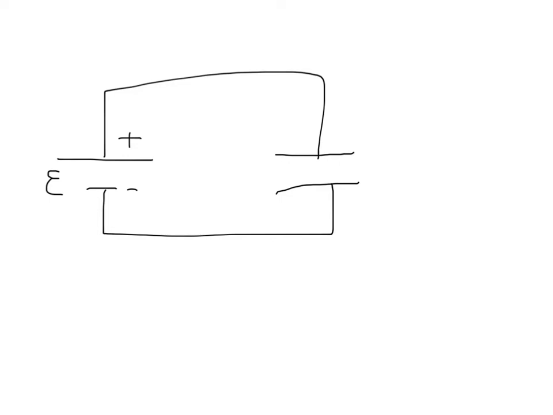In previous discussions, we talked about what happens when you have a capacitor attached to a battery. And we remembered that when it is attached to that battery, no matter what the capacitance is in this sort of setup, the potential difference across the plates is going to be the same as the potential from the battery itself. So in that case, we know what this script E is supposed to be for the battery,